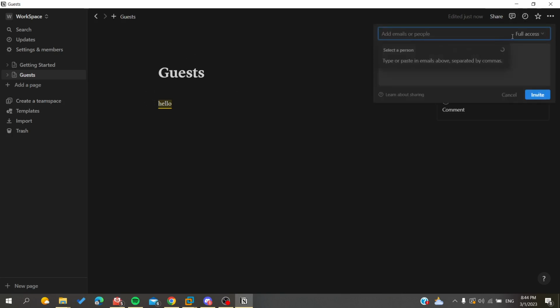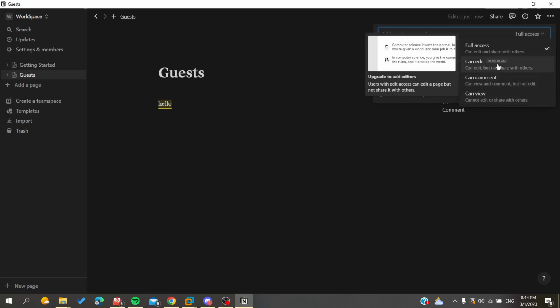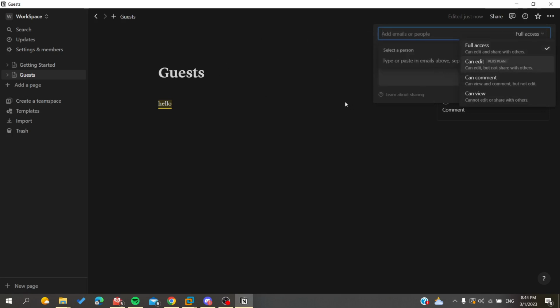And there is also the last mode, which is the can edit. So with the edit mode, they won't be able to share your pages, and they will be able to customize them, comment, and read your pages. So basically after that, you need to have like an email here,